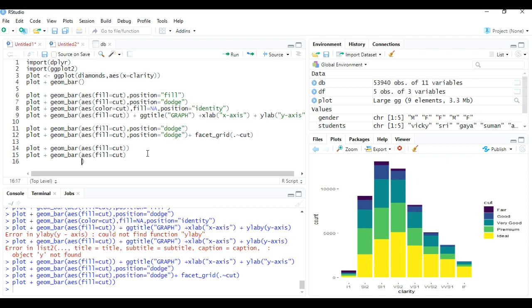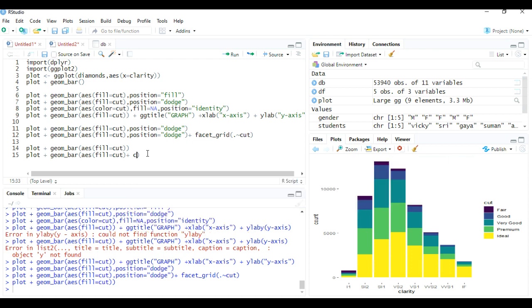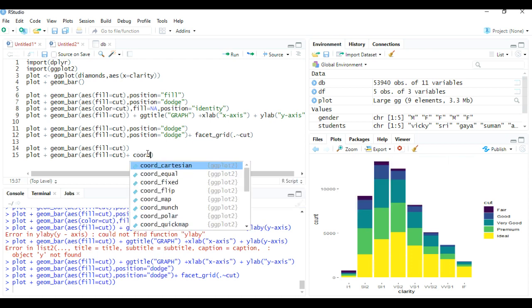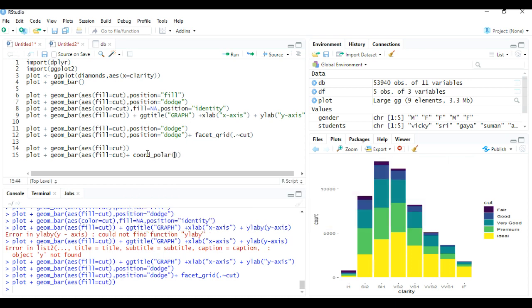plus coord, coord_polar. Here we have coord polar, so just click enter and run this line.